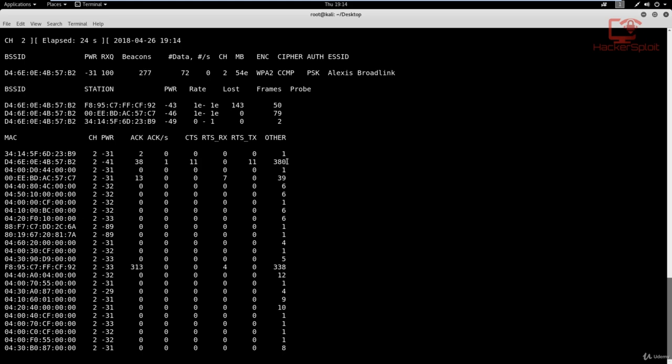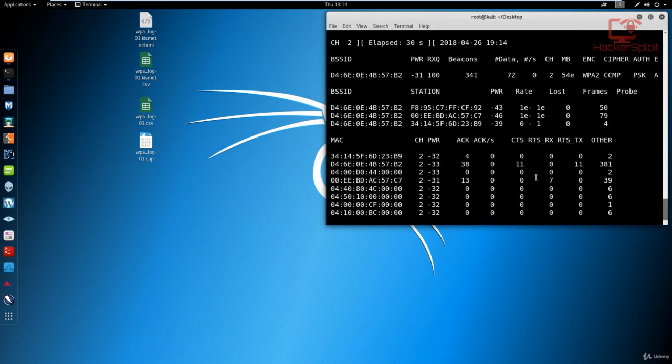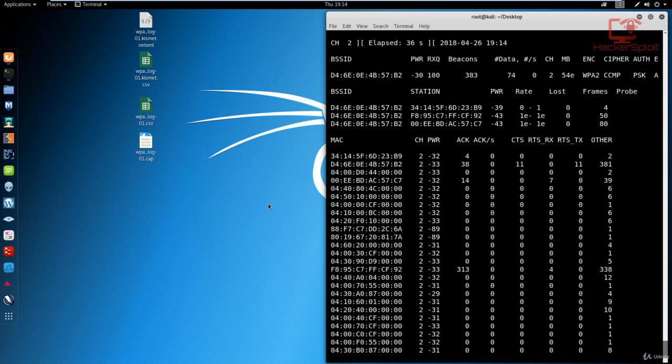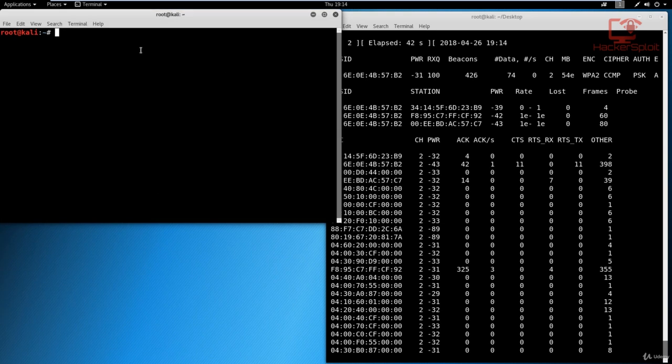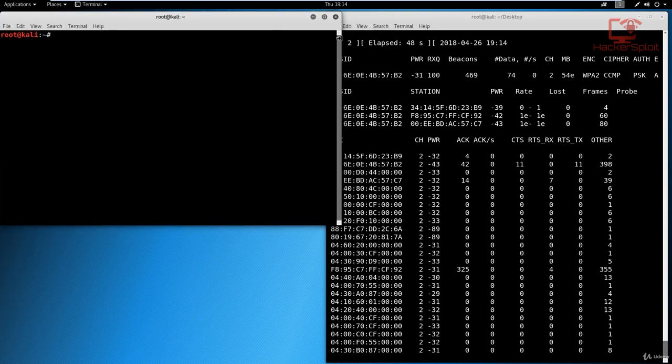So you might be asking, should we actually stop it? No, I want you to keep this running. And what we're going to do is I'm going to open up another terminal. I'm going to leave this running here. Make sure you leave it running, because we need it to be constantly capturing data and saving it to this file. Okay, so now we need to open up a new terminal, and now we need to perform a deauthentication